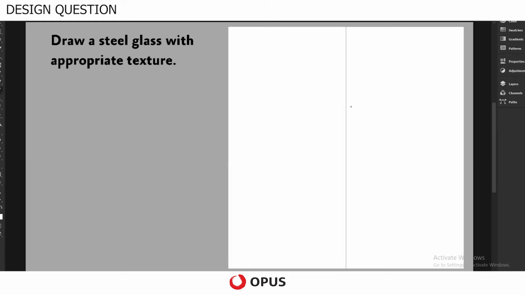Here we are going to solve this question, draw a steel glass with appropriate texture. So it's nothing but that you need to draw a steel glass with proper light and shade and how its surface reflects when it is subjected to illumination. So you will see a strong differentiation between light and dark places while drawing this kind of objects because their glossiness is quite evident. So that is something we need to